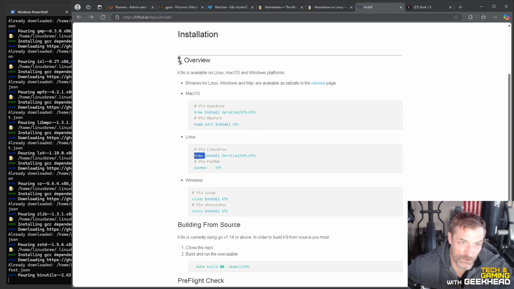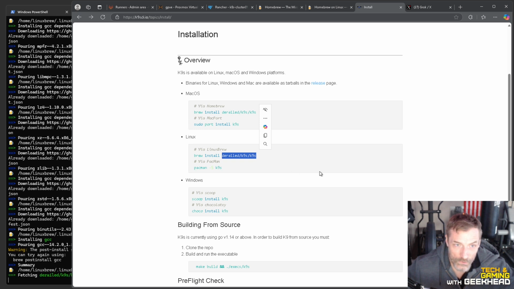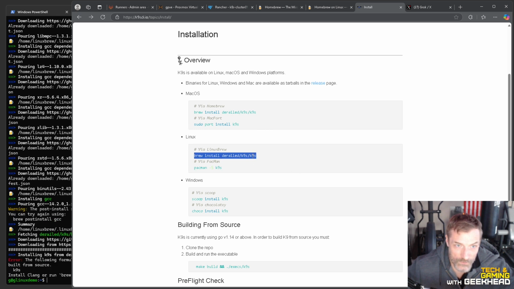So maybe this works in other Linux distros. I don't know the answer to that one. Maybe it's just Ubuntu 24 LTS. I honestly don't know. But the weird part about it is that you just don't specify derailed/k9s/k9s. So we're going to go ahead and type this command again without all this prefix stuff here